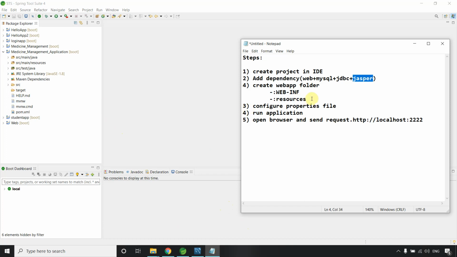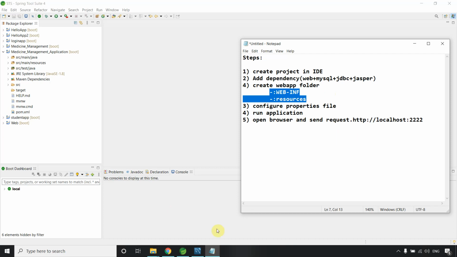The next step is to add the library Jasper. Why are we using Jasper? We are using Jasper for dealing with JSP pages, because we include JSP pages in our application.